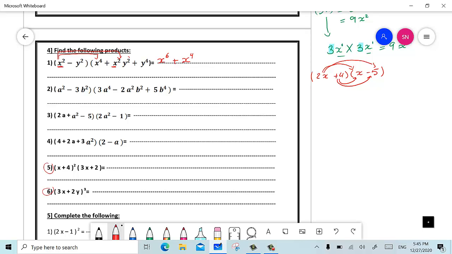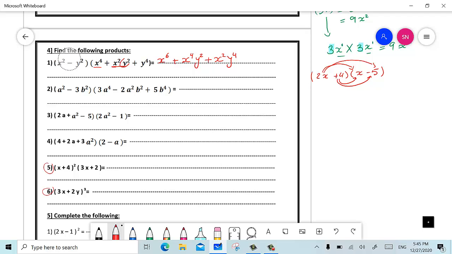And since I have here only y squared and there is no y squared here, y squared will remain as it is. And I'm going again to multiply x squared by y to the power of 4. Both of them are different, so they are going to remain as they are. After we finished multiplying the first term by all the three terms in the second trinomial,